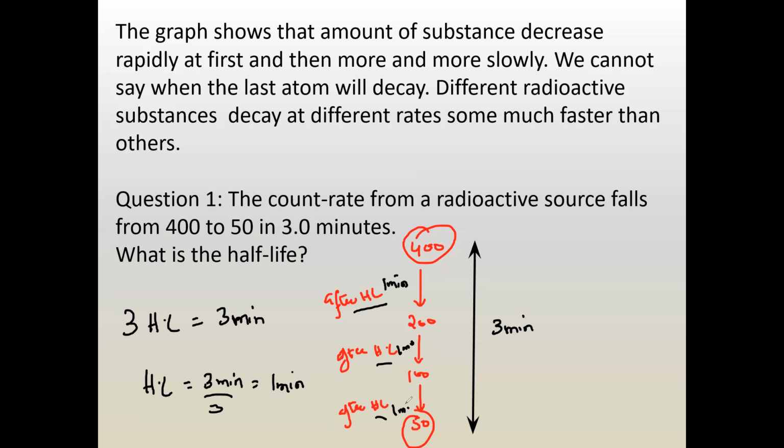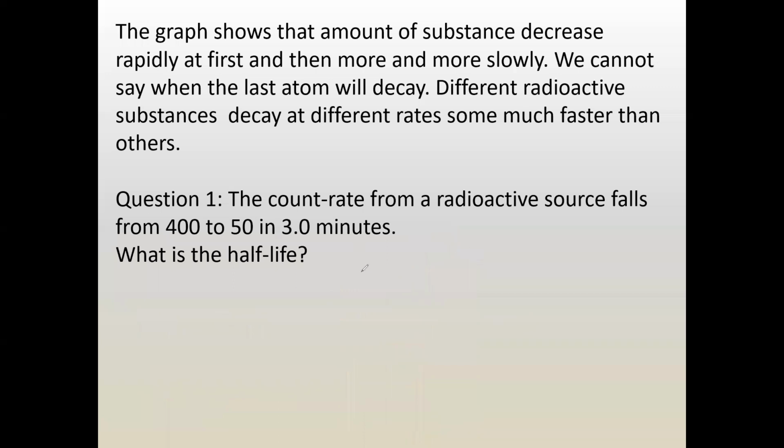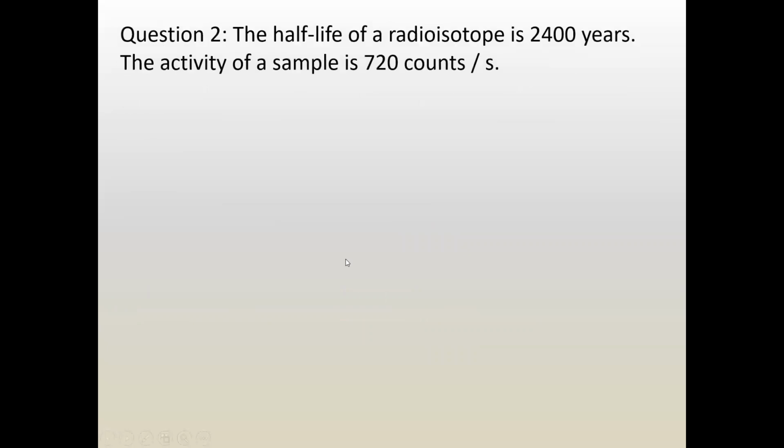So the time taken by half of the radioactive sample to decay is simply what we call half-life. When it was changing from 400 to 50, it was not 1 half-life. Actually, it is 3 half-lives, because 3 times it becomes half to reach 50. The duration for 3 half-lives is 3 minutes. That's why each half-life equals 1 minute. As you can see here in this solution, the final answer is 1 minute, with the working as I already discussed.